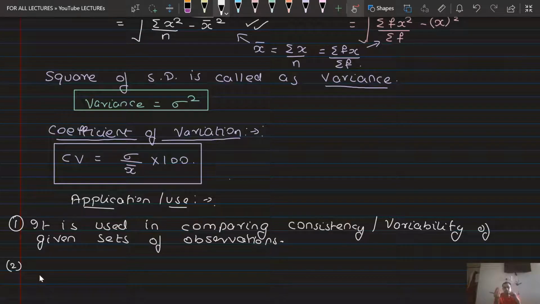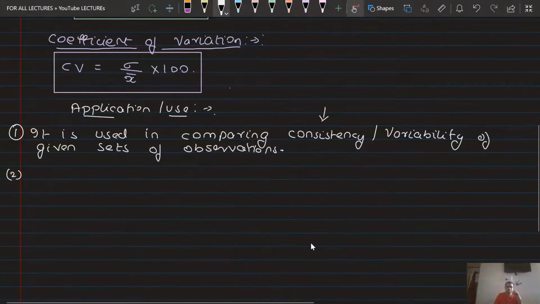Whereas suppose in your 5th standard you scored 82, in the 6th you scored 84%, in the 7th standard 85%, in the 8th standard maybe 81%. So you are maintaining your level at around 81, 83, 85. That is acceptable. A 2, 3, 4% difference is acceptable. When the variability is very low, that kind of data is called consistent data. So we say that, now I'll give you the point for this.